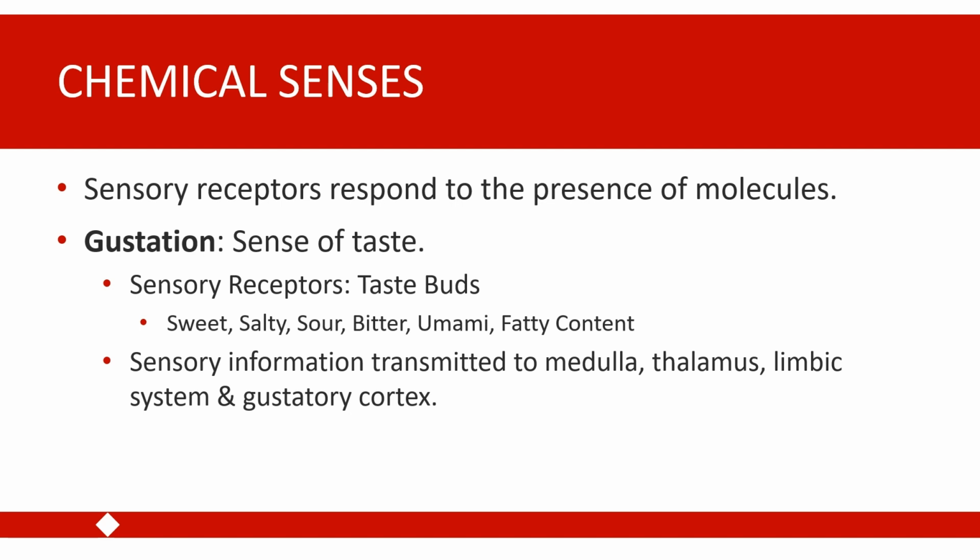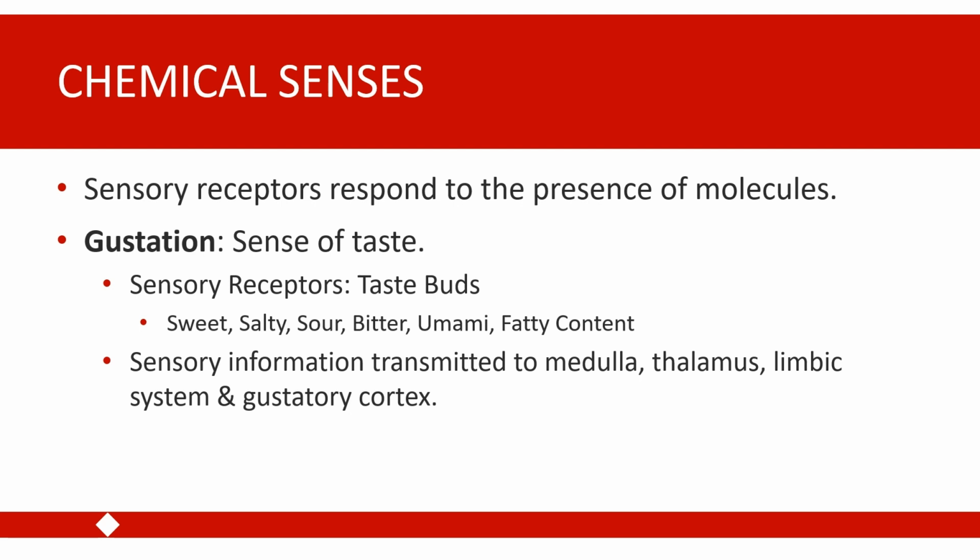These are gathered into bundles that we call taste buds. And these different taste buds are responsive to different characteristics of flavors. So there is debate about how many different kinds of taste buds we have and how many different characteristics of things we are able to taste. But we know at minimum that we are able to detect and differentiate 6 different taste characteristics. These include the sweetness, the saltiness, the sourness, the bitterness of things that we are tasting.